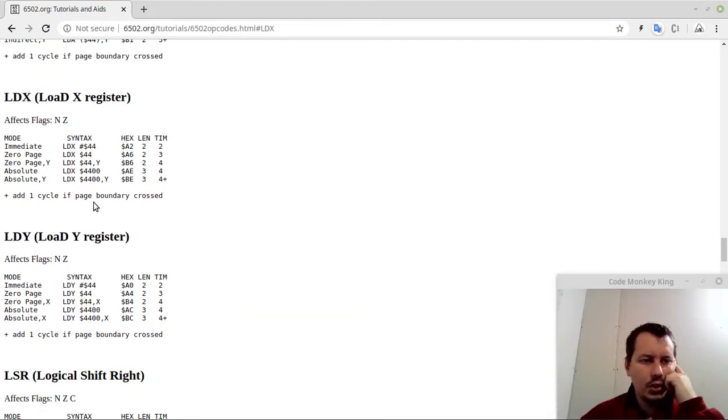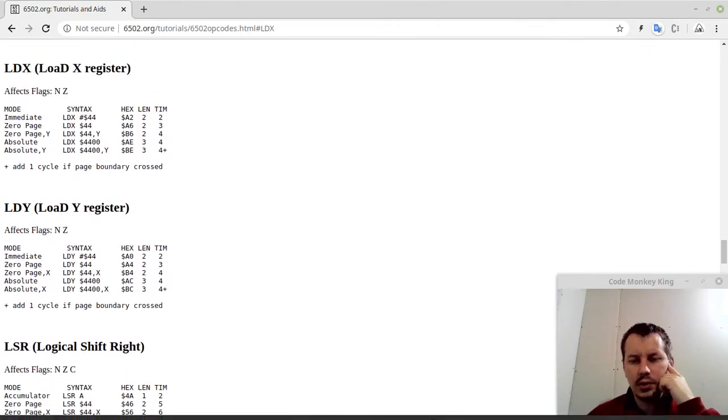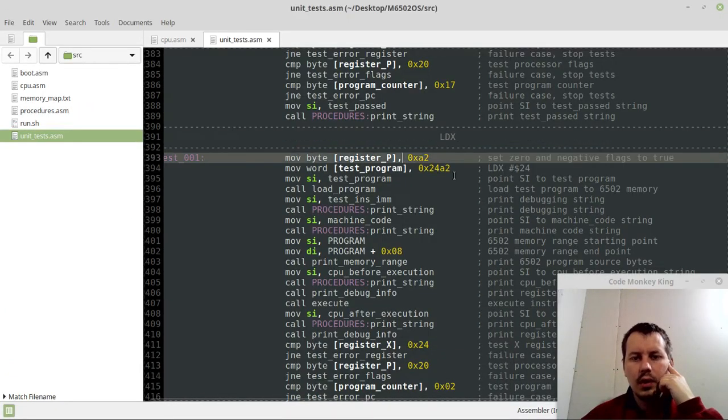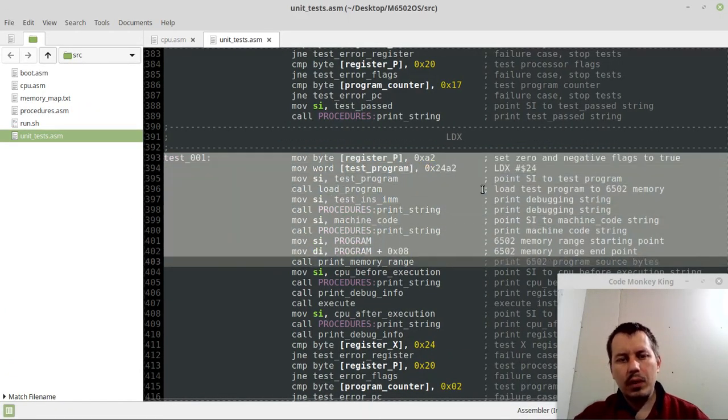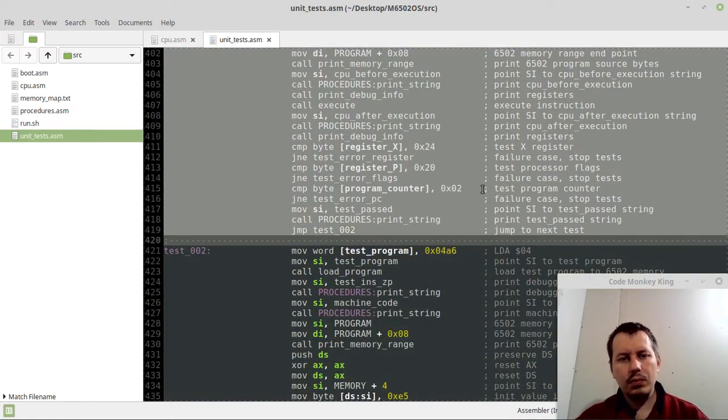Okay, so immediate seems to be the same, zero page seems to be the same, then the zero page and X offset is instead of Y offset for LDY, and for absolute X instead of Y. So it's very similar. So yeah, we're going to be reusing the code and the tests we've written for LDX. So yeah, just going to be reusing this entirely. So let's kickstart with this very first one. I just want to copy